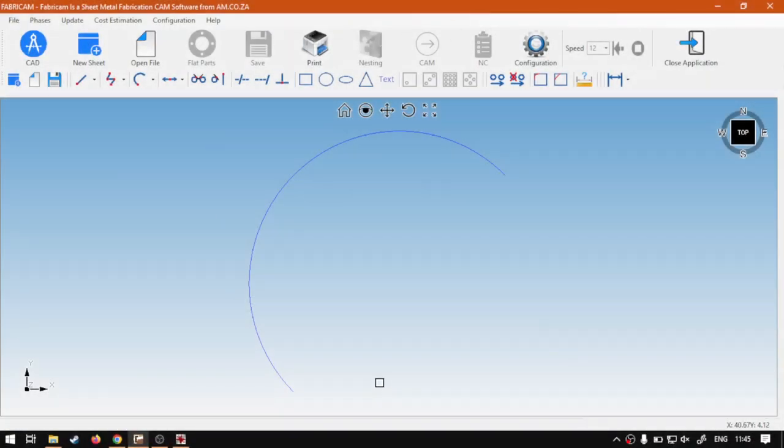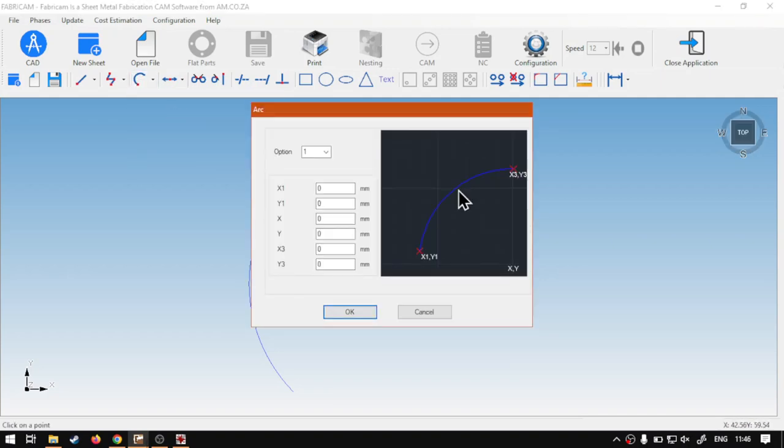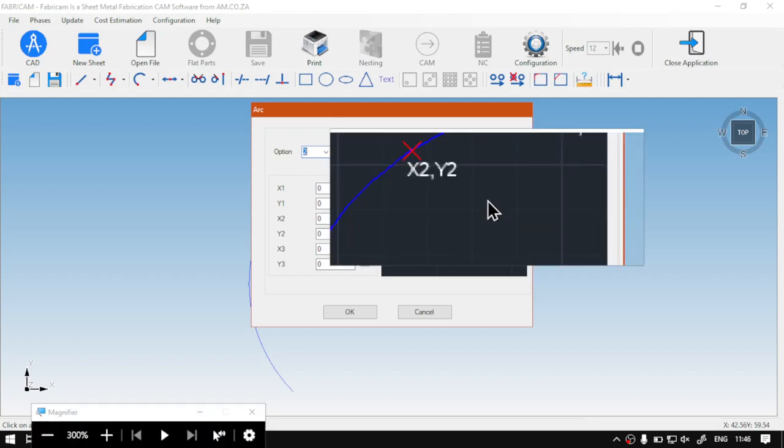Now if you guys remember from the previous video, we looked at our arc option 1, and that was to make your rotation around a point on your actual base canvas instead of relevant to the actual shape. So in today's video, I'm going to click the arc again, click here, and now we're going to make it relevant to the actual shape. So we go to option number 2, and now in our preview here we can see it has just gone